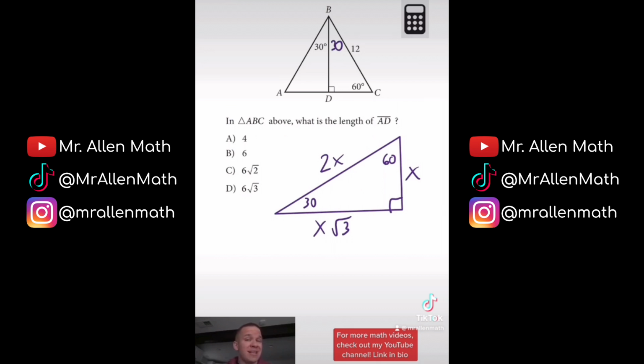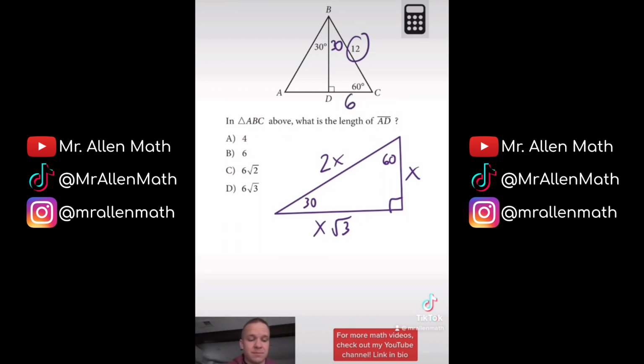In order to get the side that's across from my 60-degree angle, I'd have to multiply that by root 3. And in order to get the one that's across from my 90-degree angle, I'd have to double it. Well, what situation do I have right now? Currently, I have the side that's across from my 90-degree angle, my largest side. So to get my short side that's across from the 30, I would cut that in half, and I would